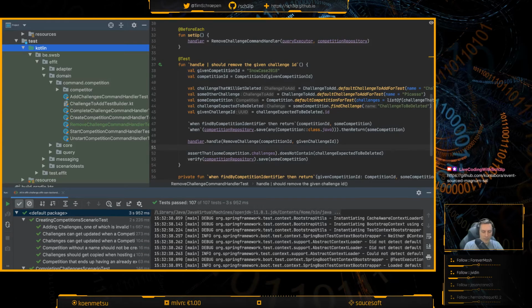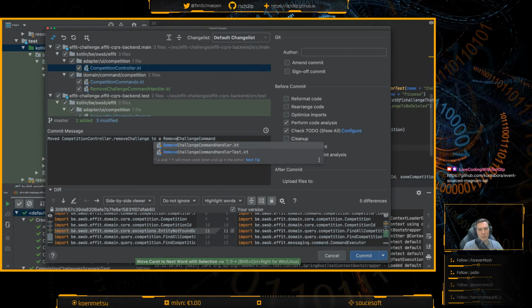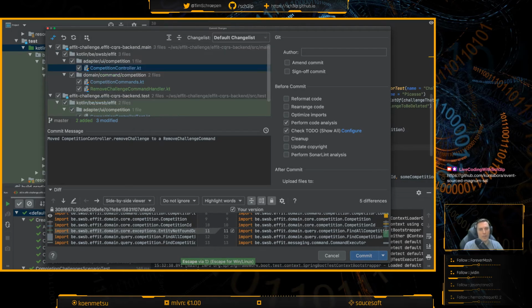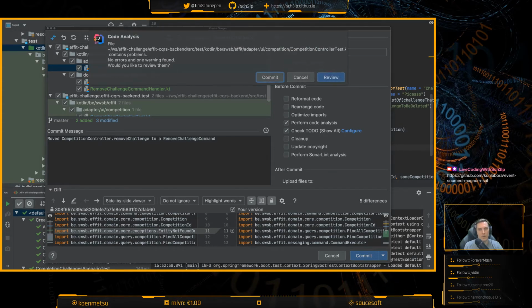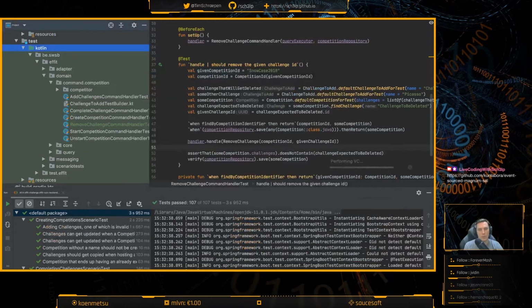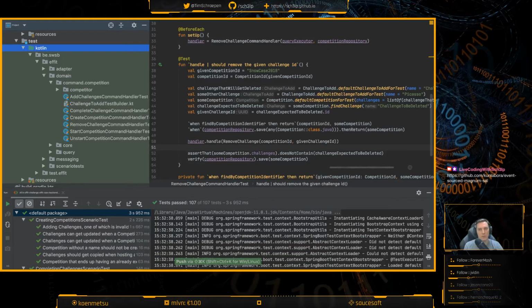All right. Okay, so we moved competition controller remove challenge to a remove challenge command. That's it. And then I think we'll have the last one on our hands. Push it.